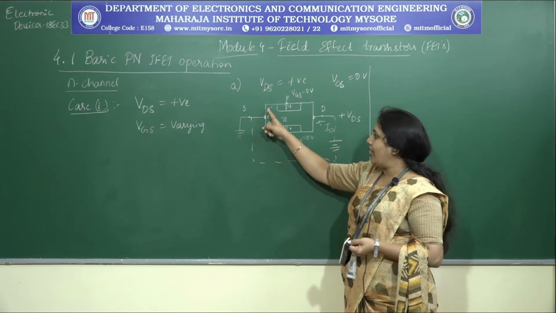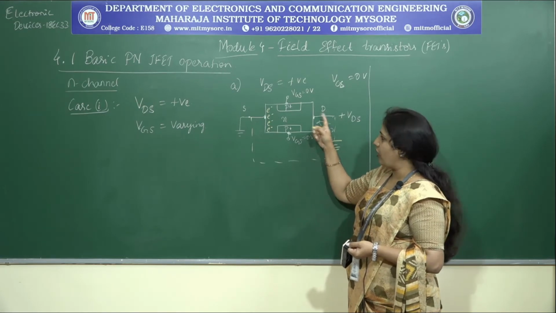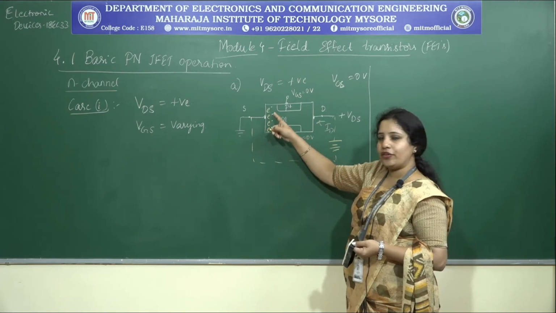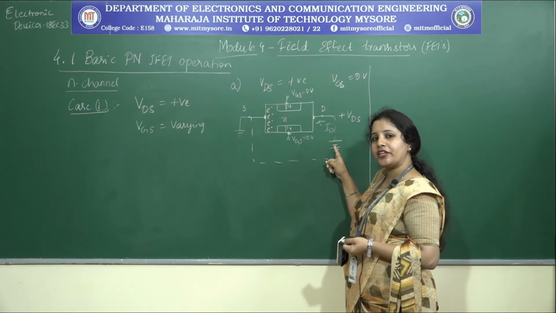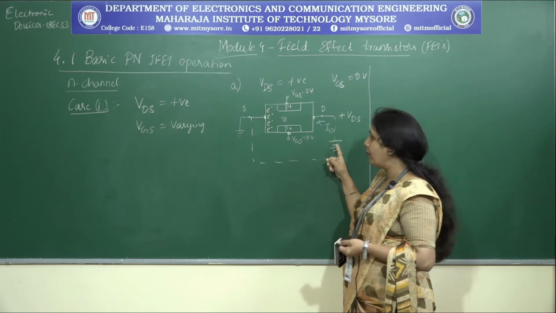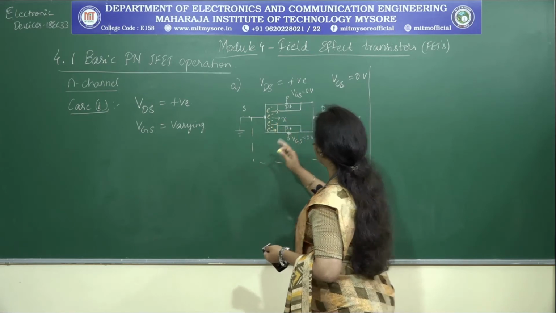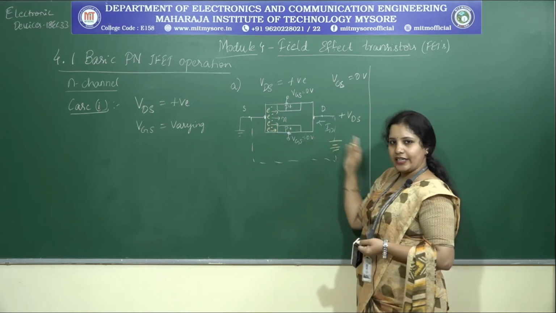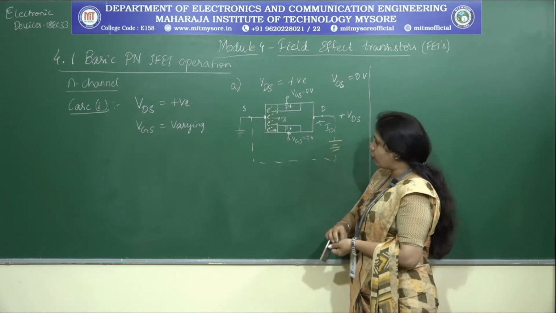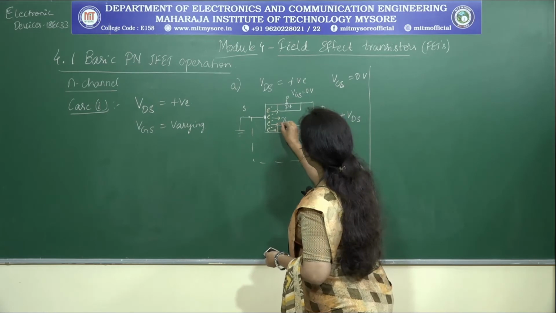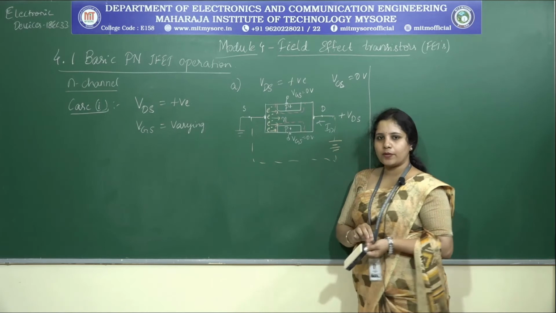Done? Now, what will happen when these electrons are connected to the positive terminal of the battery which is at the drain? These electrons tend to get drifted towards this positive terminal of the battery. They tend to be attracted towards the positive terminal of the battery. As a result, how is the electron getting drifted? In which direction? It is getting drifted towards the right direction, and that is what I am trying to represent. And don't forget to include the depletion regions that exist between the P plus and the N regions.